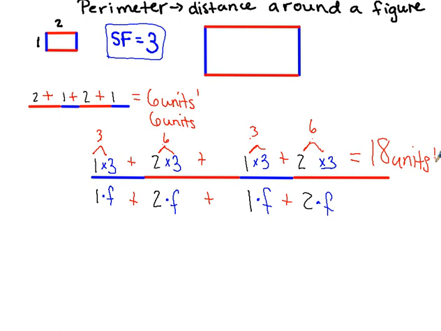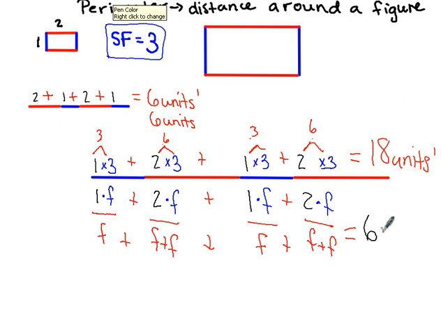If I wanted to simplify my algebraic expression, here I have 1f, here I have 2f, 1f, 2f. Now remember that multiplication replaces addition, so 1 times f is the same as just having 1 group of f. 2 times f is like having 2 groups of f that you added together. 1 times f again is 1 group of f, 2 times f is 2 groups of f, or f plus f. If we add them all together in order to simplify our expression, instead of adding f plus f plus f plus f plus f plus f, 6 times, instead that simplifies to 6